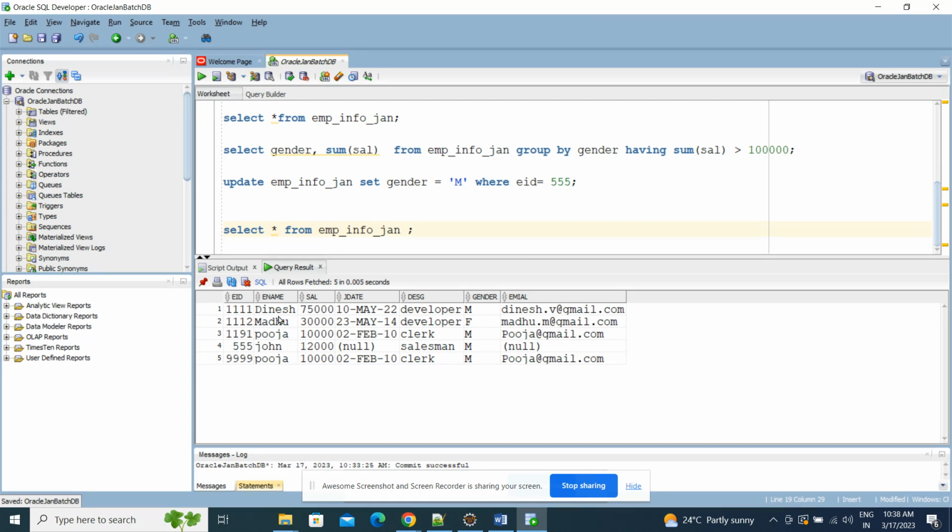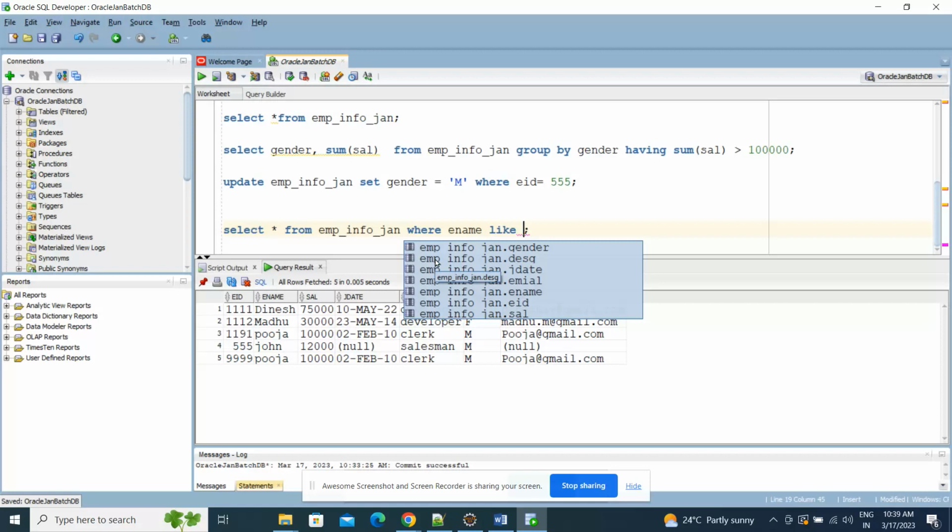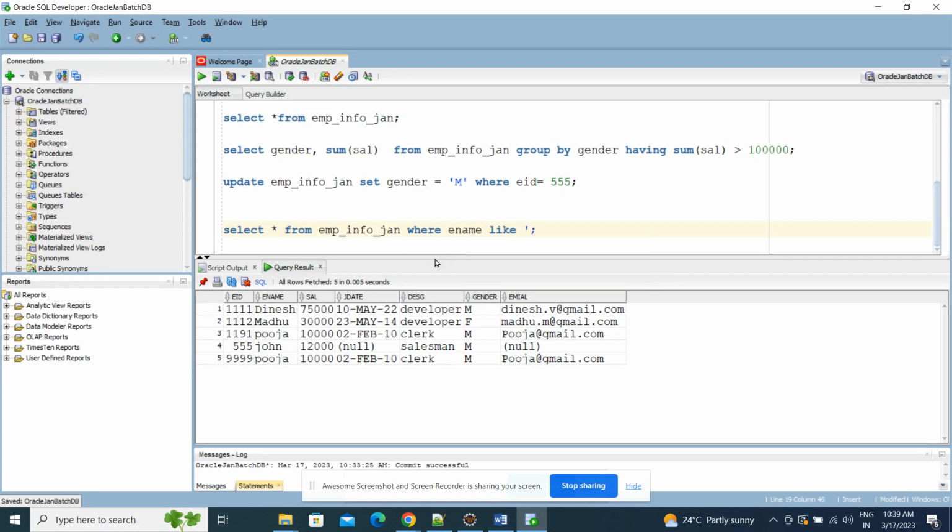I want the name, whose salary or name is better. Okay, for the rest, where name is not equal to, guys, we need to use the LIKE condition. If you are using a percentage inside single quotes, then in between the percentages, if I'm giving any character, let's say Pooja A is there,